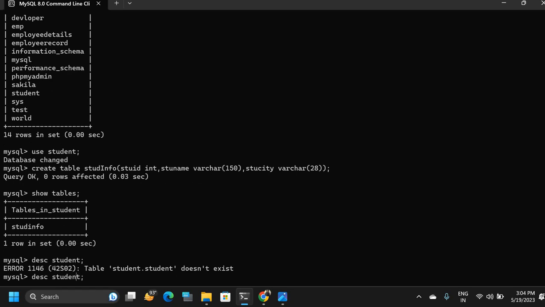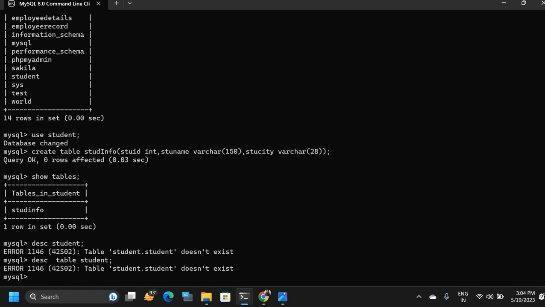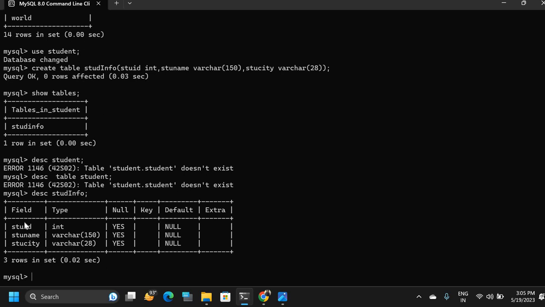DESC student. DESC and then student. My table name is stud info, so I have to put that, because we will work in the table. Okay, so let's see, here you can see